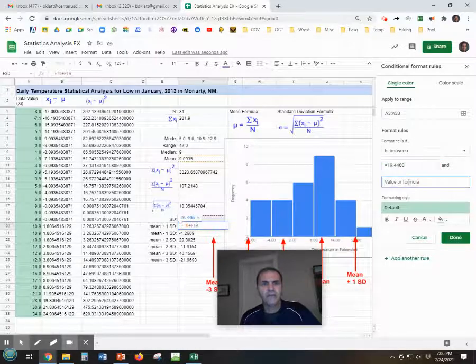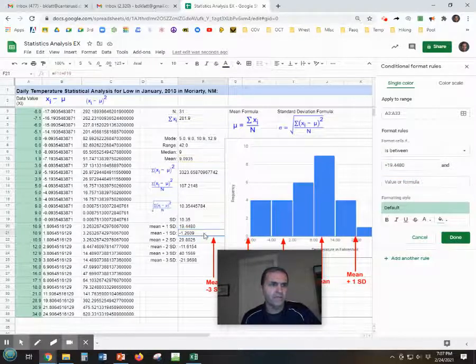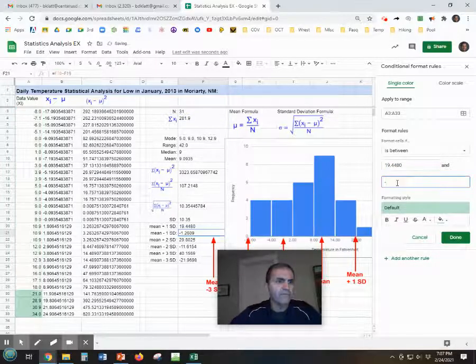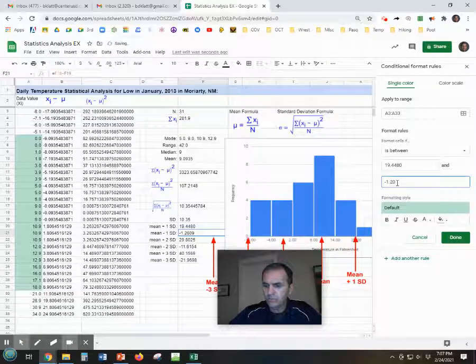If it's between that number, and I'm just going to type in the other one. Let's see, which was the mean minus 1, which is negative. Oops, I shouldn't have the equals in there. Let's get rid of that. And negative 1.26, 1.26, oops,